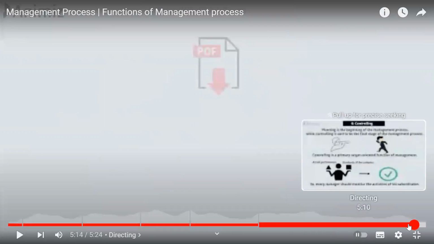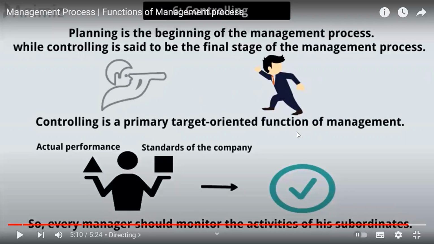So this part is very important. That's why I wanted to take it back. So now in the planning stage, what do we do? In the planning stage, we look into what our goals and objectives are, and how we are going to achieve them. And we do prepare a plan.